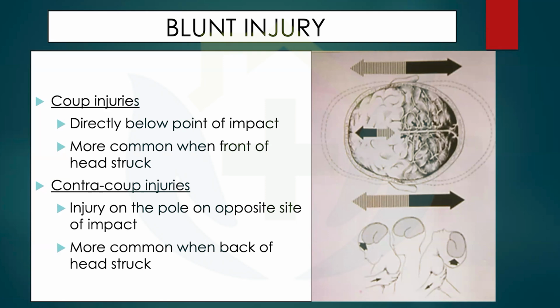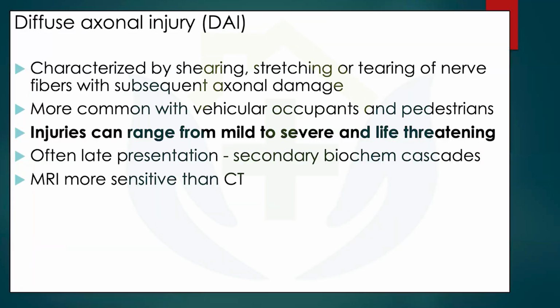the person's head comes to a halt. The cranium is now stopping, but inside the skull, the brain is moving. So the brain now tries to move forward against the meningeal stretch, against the arachnoid and the pia mater and all those things, and that causes a secondary injury exactly opposite to that of the primary site injury, that is known as the contrecoup injury. So coup injury is the direct blow to the brain at the site of trauma. Contrecoup injury is the indirect blow opposite to the site of trauma because of the stretch between the brain and the skull. And the other diffuse type that I was talking about,